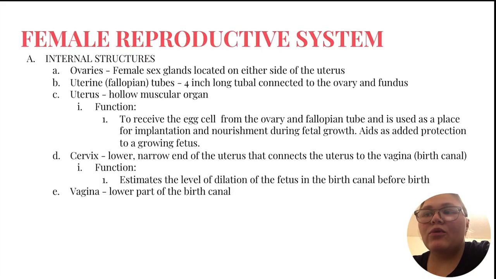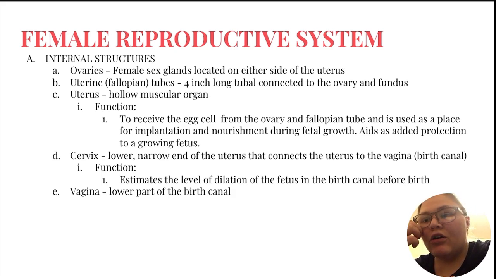So let's talk about the female reproductive system. We're going to take a look at the internal structures. As we see on the slide, the ovaries are female sex glands located on either side of the uterus. We have the uterine fallopian tubes. They're 4-inch long tubules connected to the ovary and the fundus, or what we call the major part of the